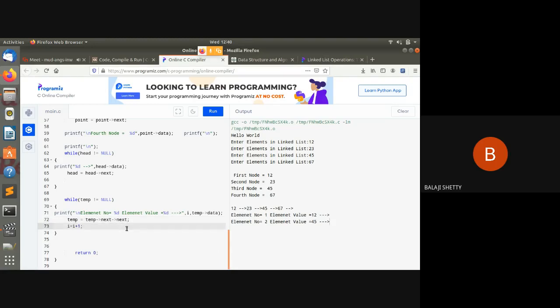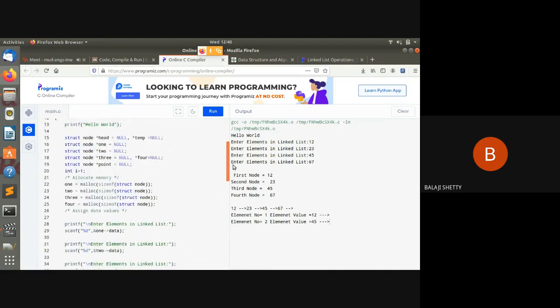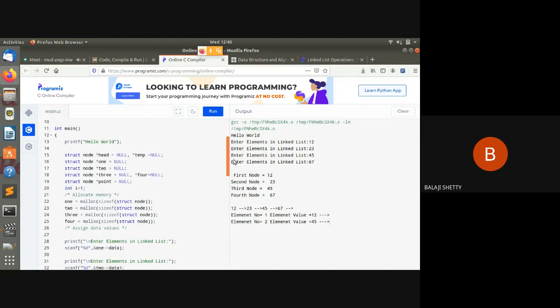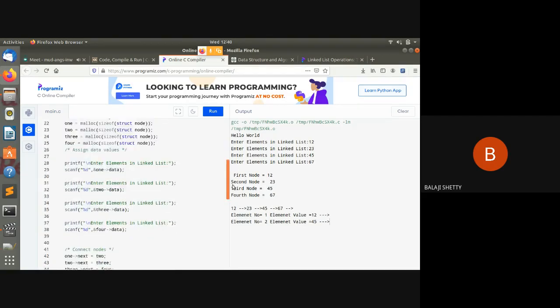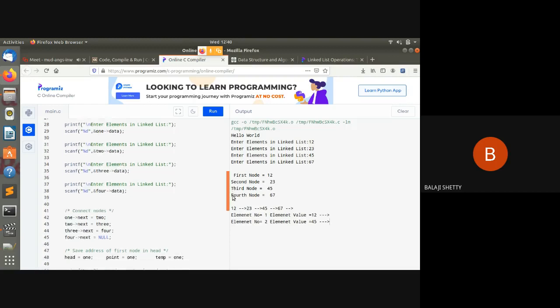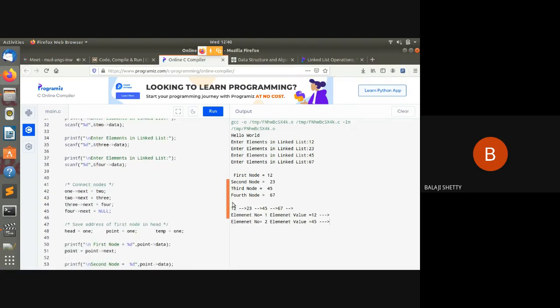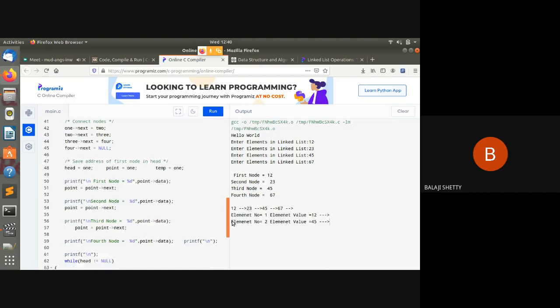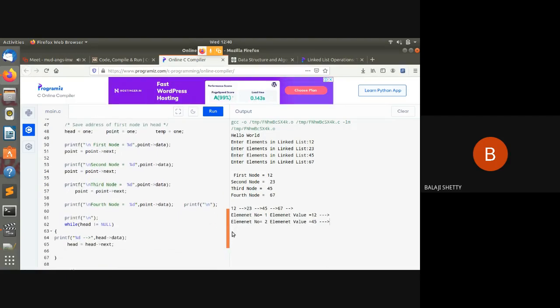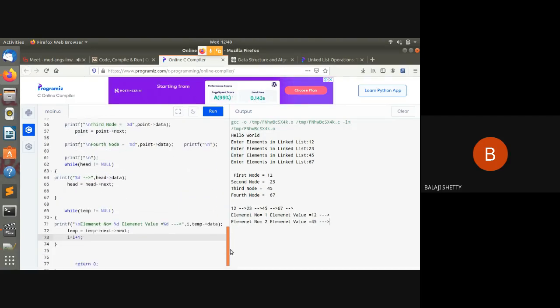This code doesn't execute. temp equal null. Okay, and here temp equal to 1. Now see here, I got that code, 12, 45.